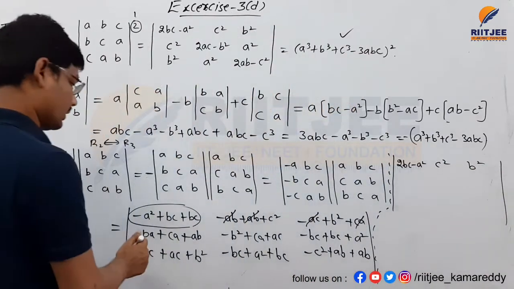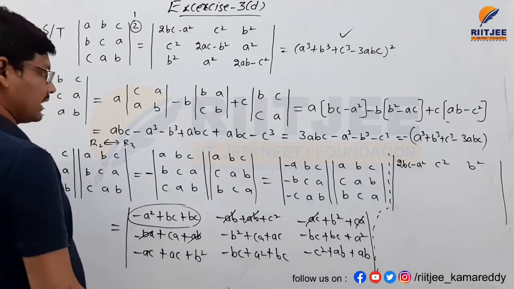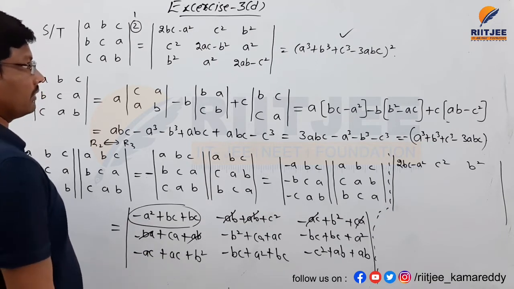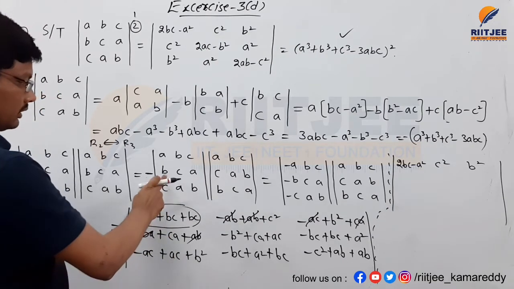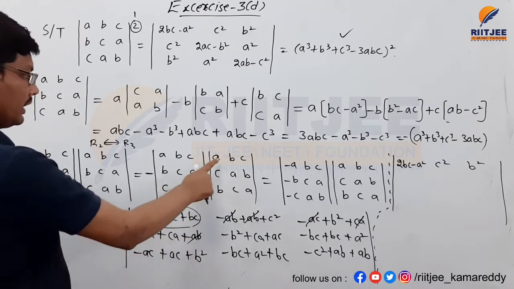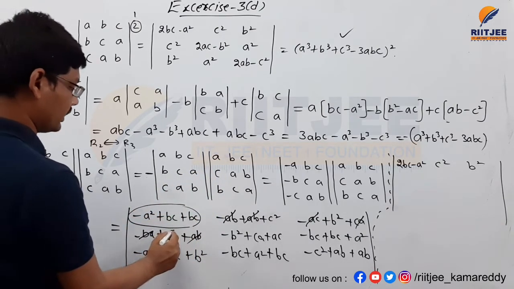Next, plus AB minus AB will get cancelled, that will become C square here, BC